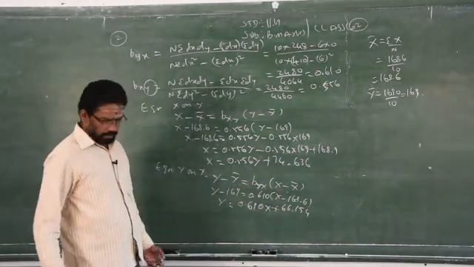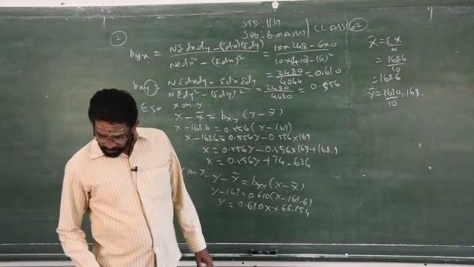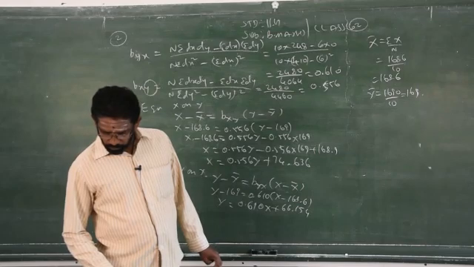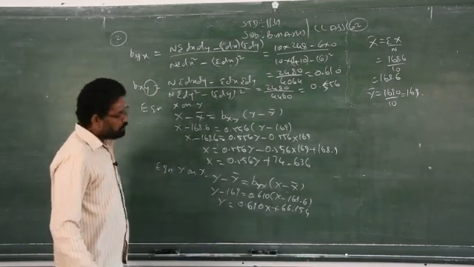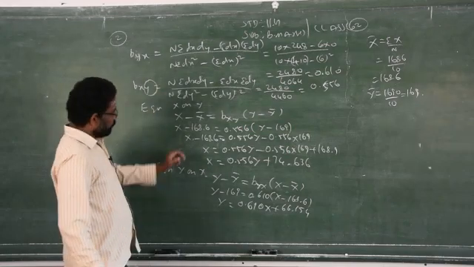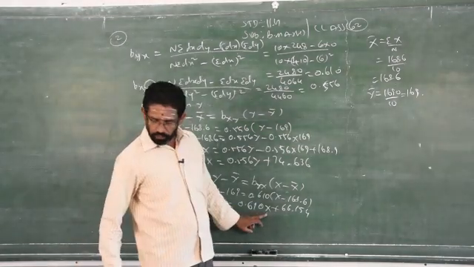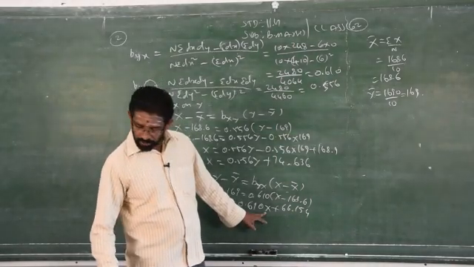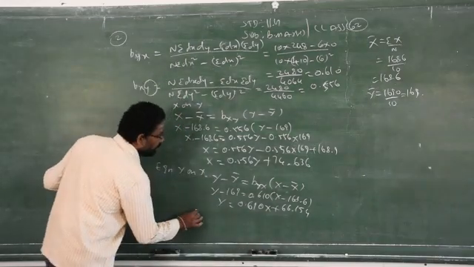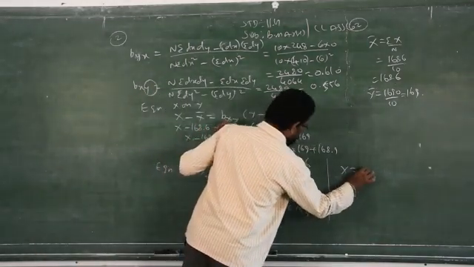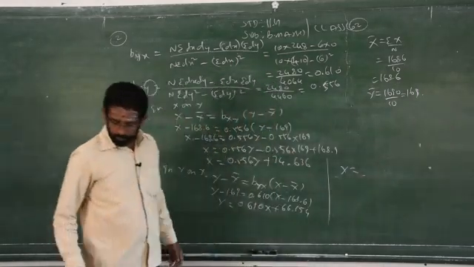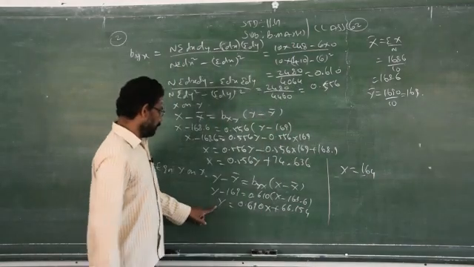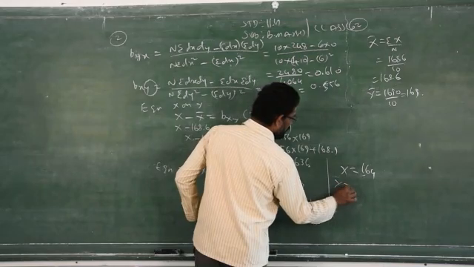Clear? Then you have to see that there is one more question they have asked. Find the height of the son when the height of the father is 164. So now we are taking the son as y, then you have to take x as the father's height. X stands for father's height, y stands for son's height. Here father's height is given as 164. So here you have to replace x with the father's height, that is 164. So just replace in that equation to find the son's height, that is